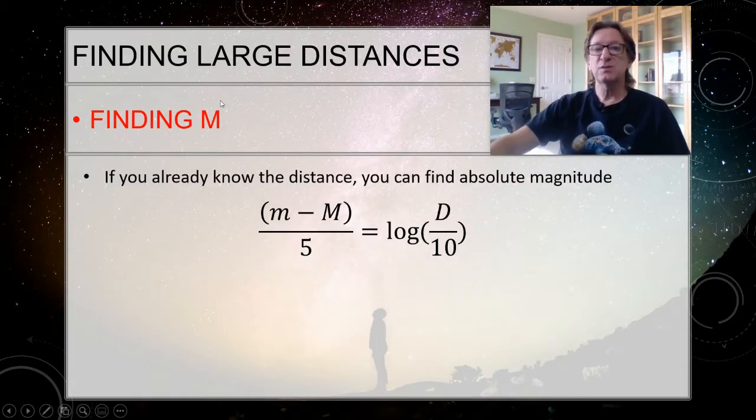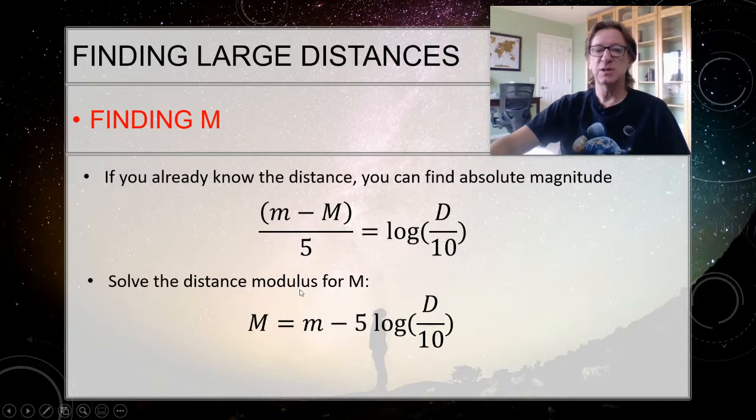Now sometimes we're also going to need to find the absolute magnitude, and you're going to need to do this in the lab. So we need to talk briefly about this. Let's suppose that I got the distance using the parallax, and I know the apparent magnitude because I just looked at it. I can use the distance modulus to also find the absolute magnitude if I want to use it for something else. So we solve the distance modulus for big M, and it comes out in this form right here. I've just rearranged this thing to solve it for big M. So you multiply both sides by 5 and then subtract the big M to this side, the log on this side. So this formula you can use if I know the apparent magnitude and I already know the distance.